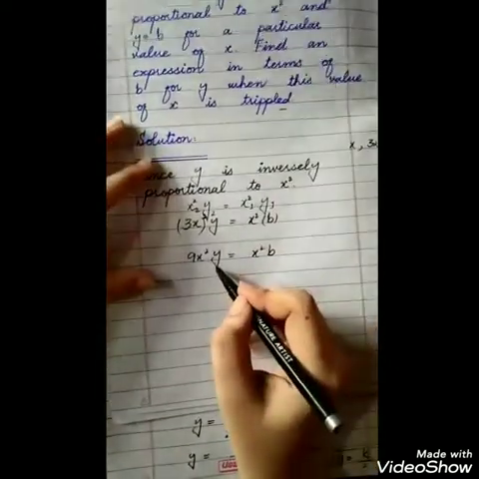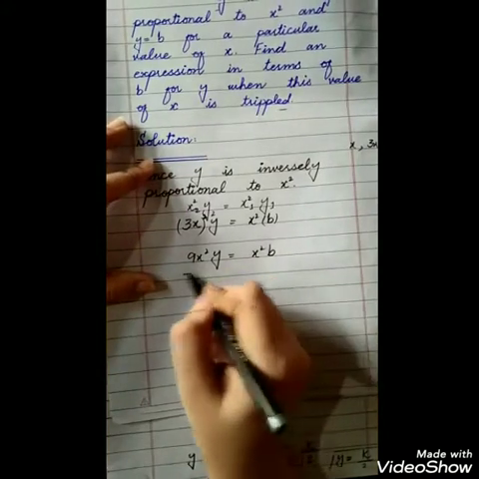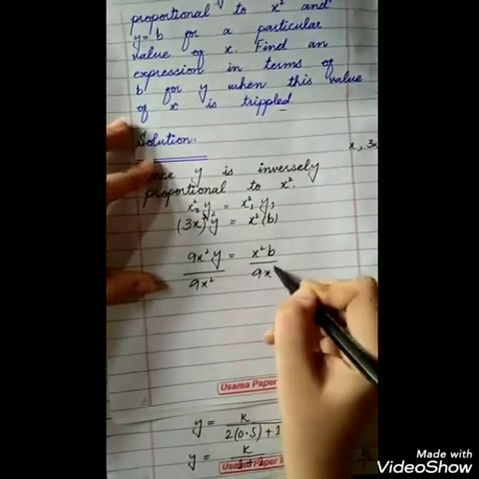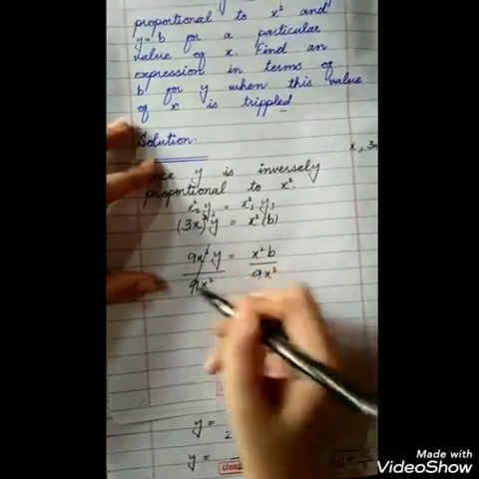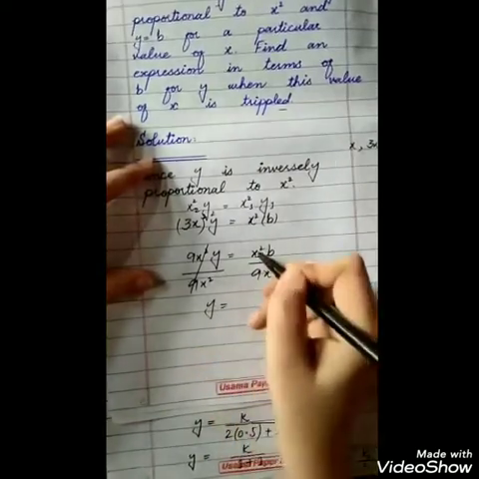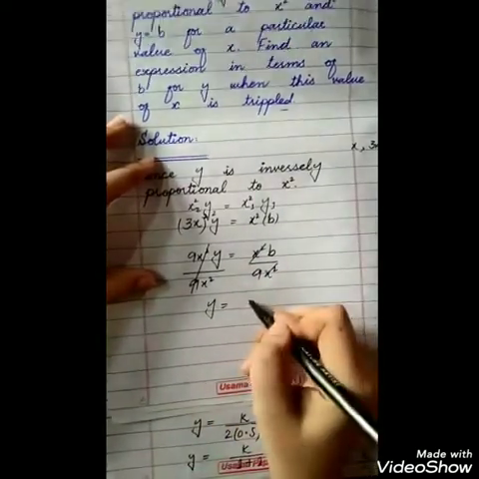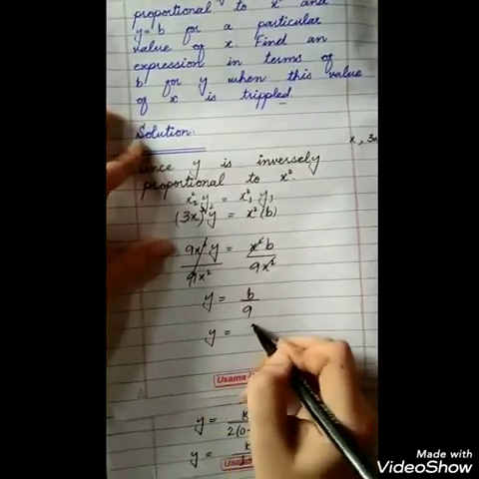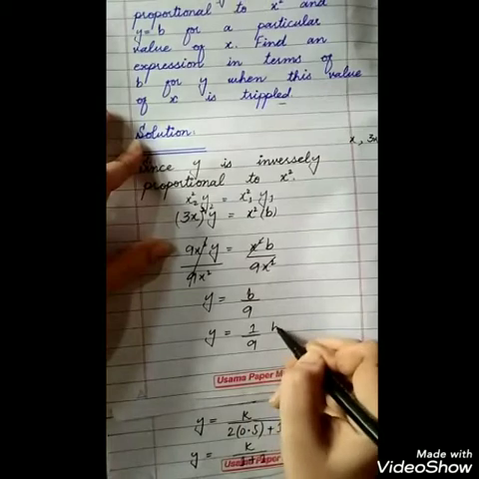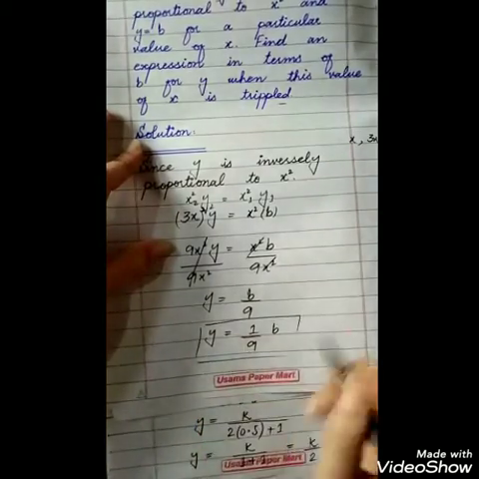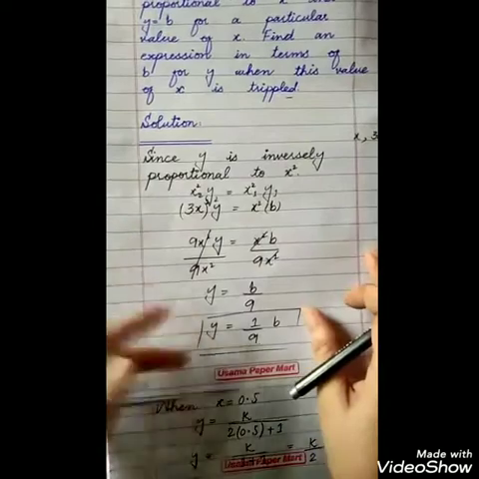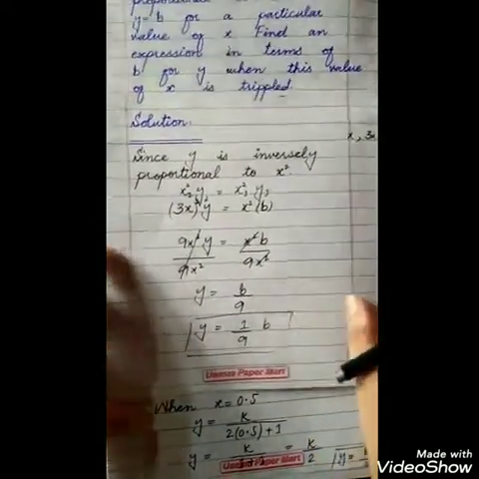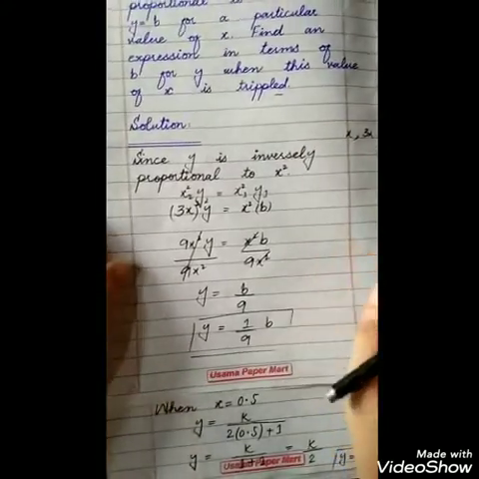What do we want to find? Basically we want to find the value of y, so we will divide by 9x square on both sides. This is cancelled here, y is equal to, cancelled, it will be b by 9. So y will be equal to 1 by 9 b. This was the required value which we wanted to find, we have found it now. Students, a very easy question, question number 10, exercise number 1D, advanced level. We have solved it today.